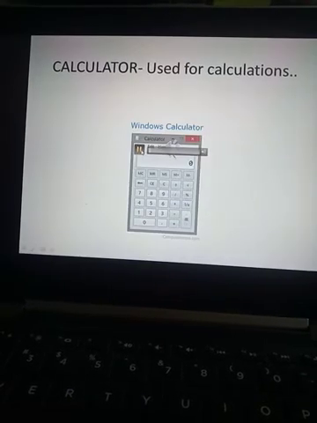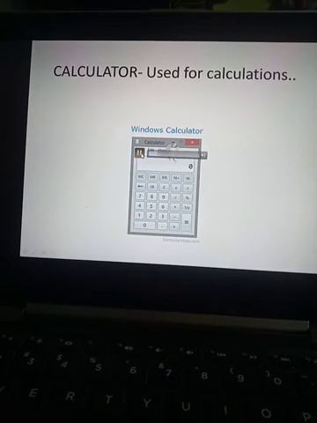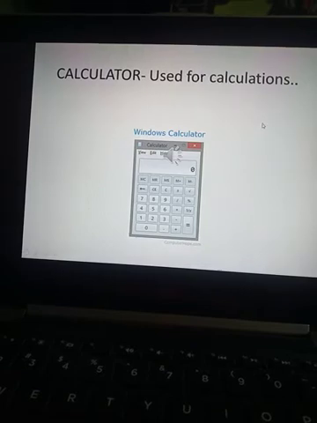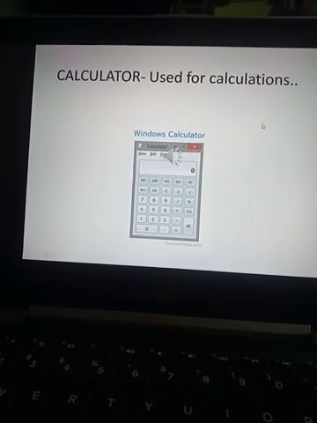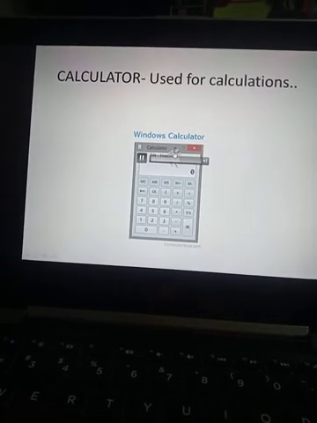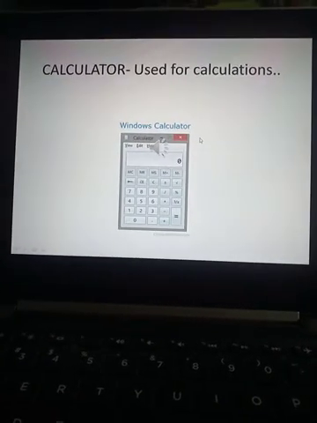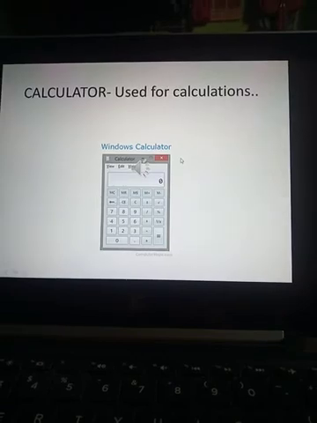So children, next is calculator software. We use the calculator mainly for calculation. So children, what we have understood is that application software is software which is used to do a specific type of work. Now come to the next slide.